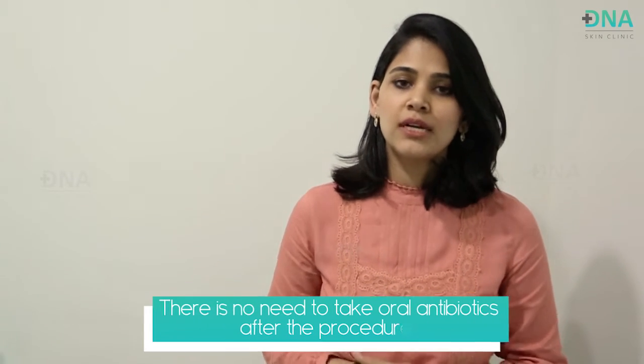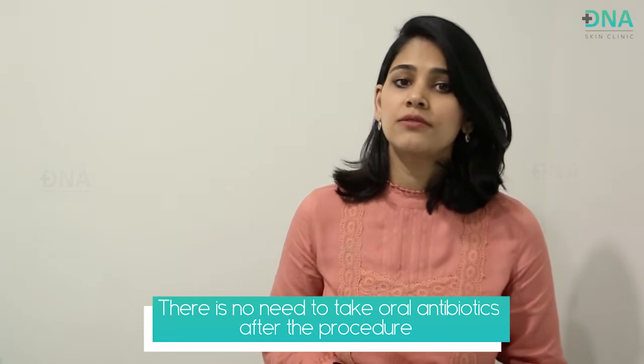So this is the first session. For the next session, depending upon the wound healing, I'd like to do derma roller or microneedling RF procedure in this patient. After procedures like derma rolling or microneedling RF, a lot of patients and clients ask if they need to take any oral antibiotics. It's absolutely not necessary. Just a topical antibiotic and maintaining the area sterile will